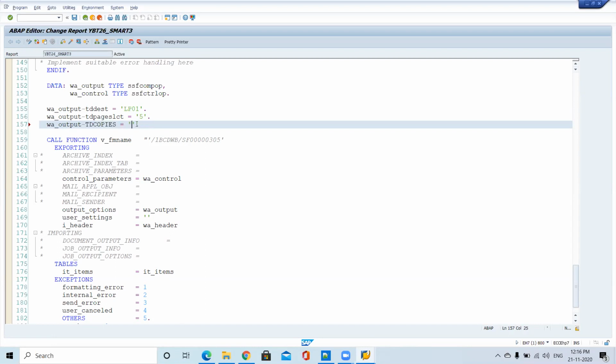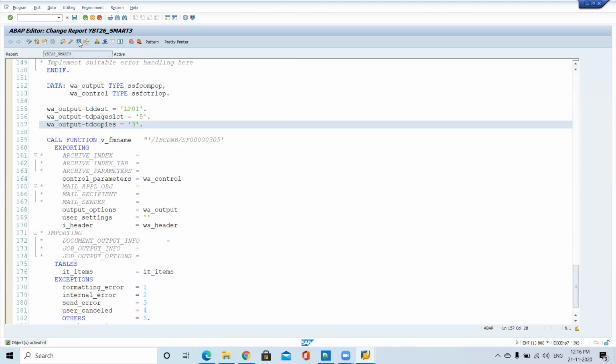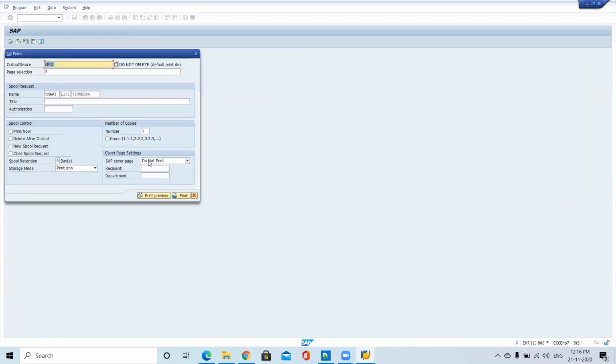Number of copies, by default it's 1. Now you can pass, like, a 3. So here you can see that the number of copies is coming from the program.